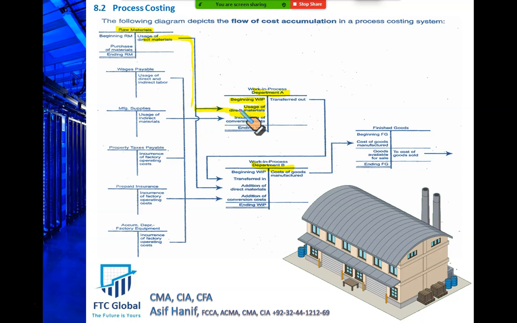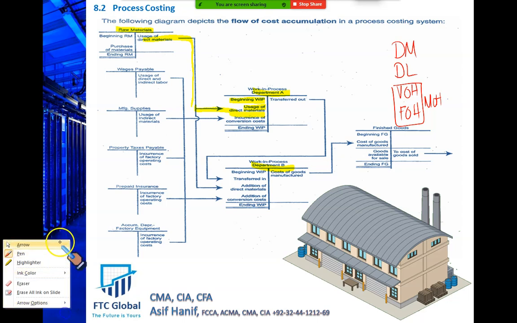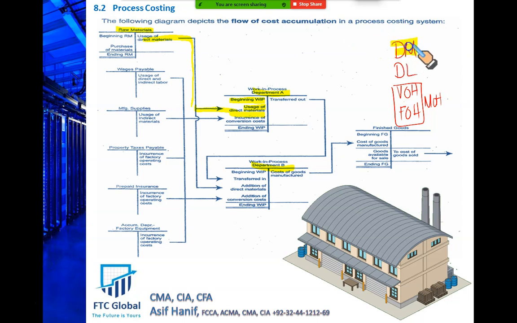We know very well that there are 4 costs of production: direct material, that can be directly traced, direct labor, variable overheads, and fixed overheads. Sometimes they are collectively called manufacturing overheads. Please note, in process costing, we combine costs in 2 categories. One category is simply what you call the direct material. And the other category is the sum of direct labor and variable and fixed overheads. These are the 2 categories which I've highlighted.